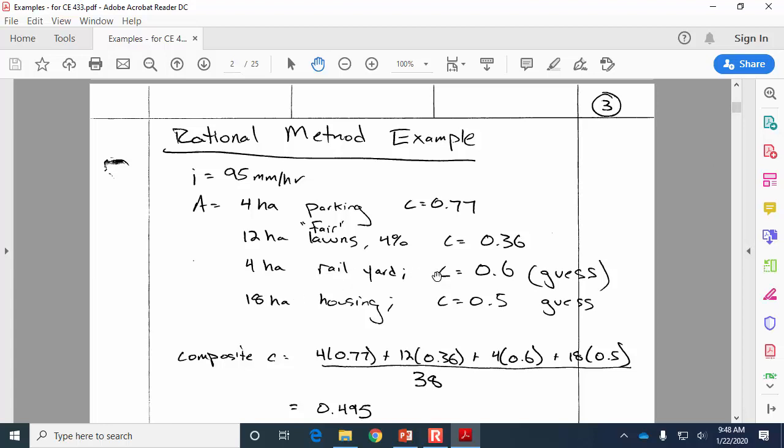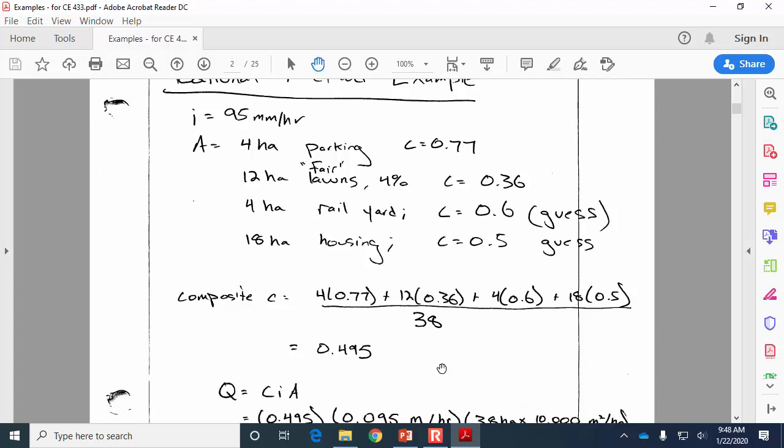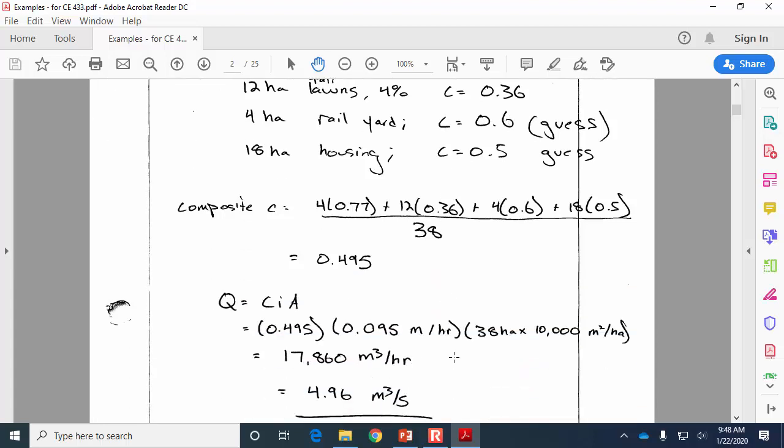And you'll notice what I'm assuming in the case of a rail yard is there's probably not as much grass in a rail yard as there is in single family housing. And so that's why the C value is lower for single family housing: it's more grassy and less packed dirt, with fewer buildings. All right, so once you have the composite C value, you just substitute it into Q equals